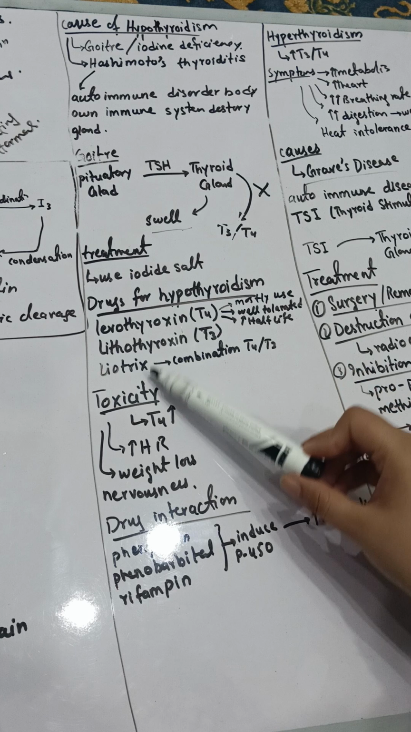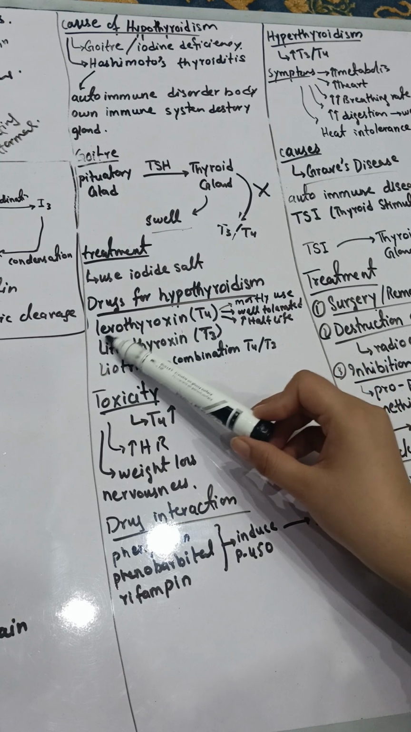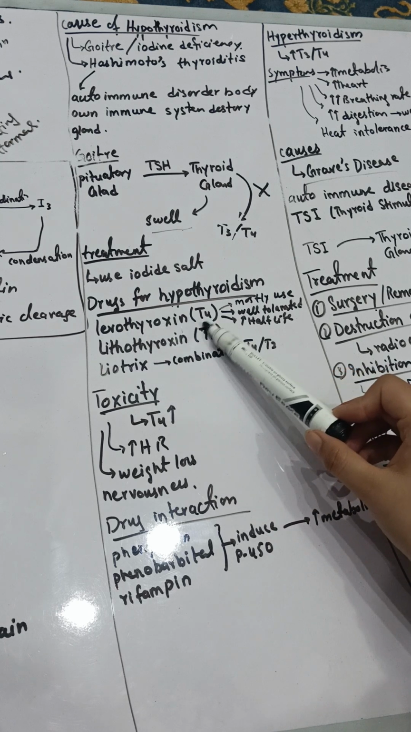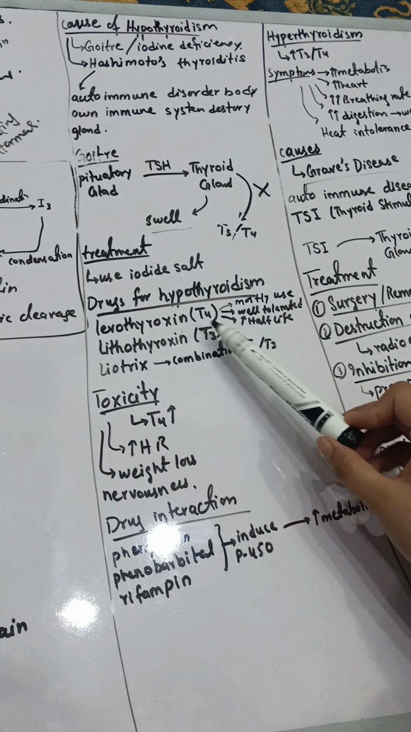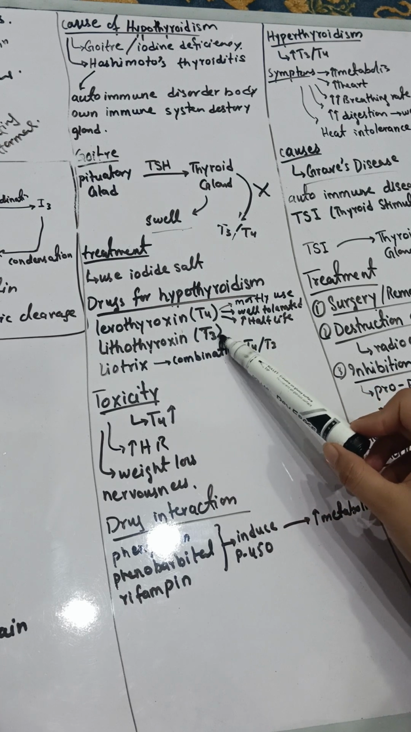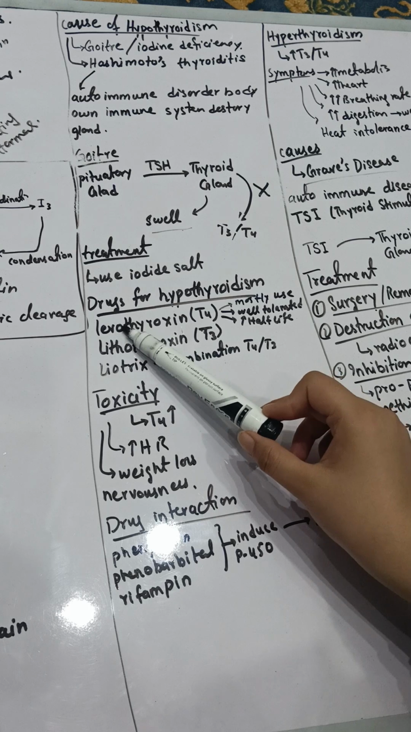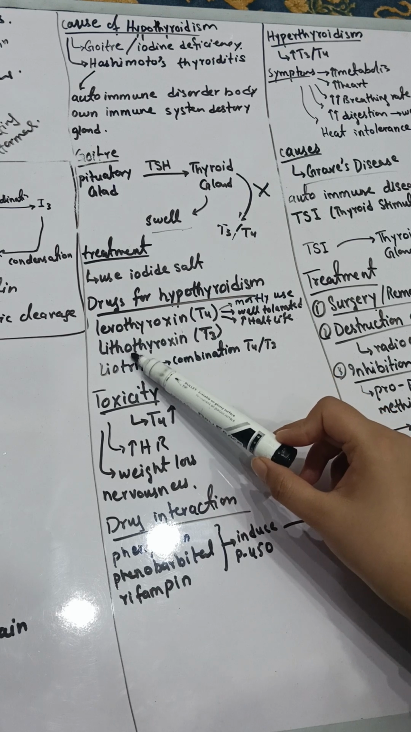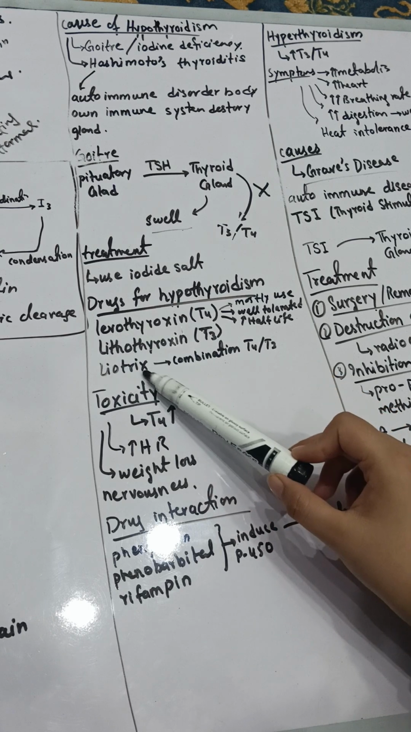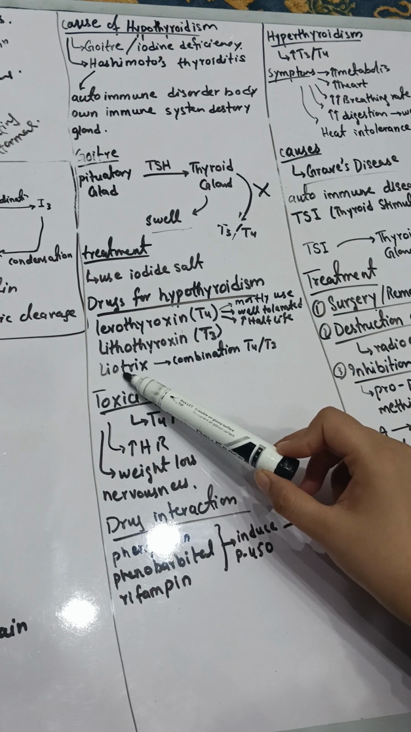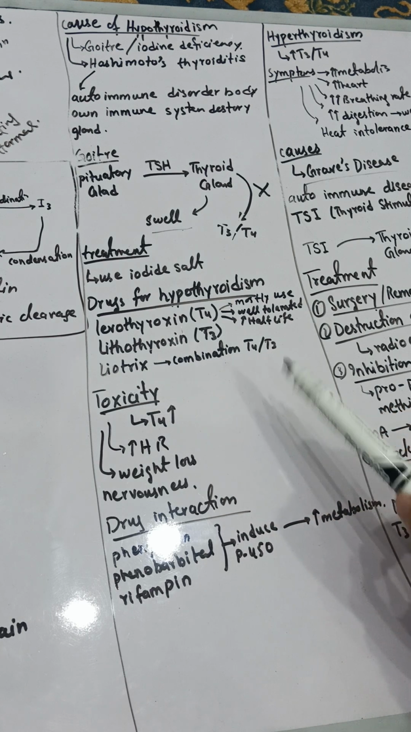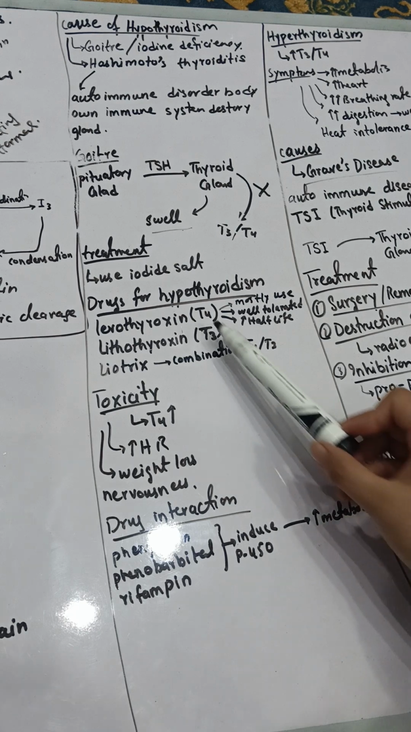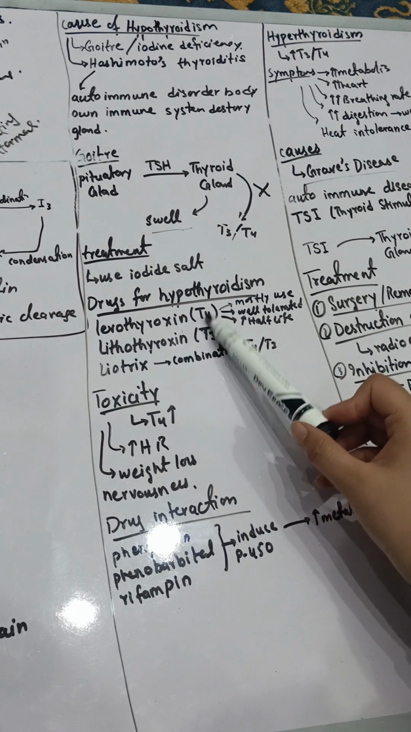So mainly three drugs are used for it. First is levothyroxine. It contains only T4 hormone. Second is liothyronine. It contains only T3. So levo is containing T4, lio is containing T3. And there's a third drug which is liotrix. It is a combination of both of these hormones, but only T4, meaning levothyroxine, is the drug which is